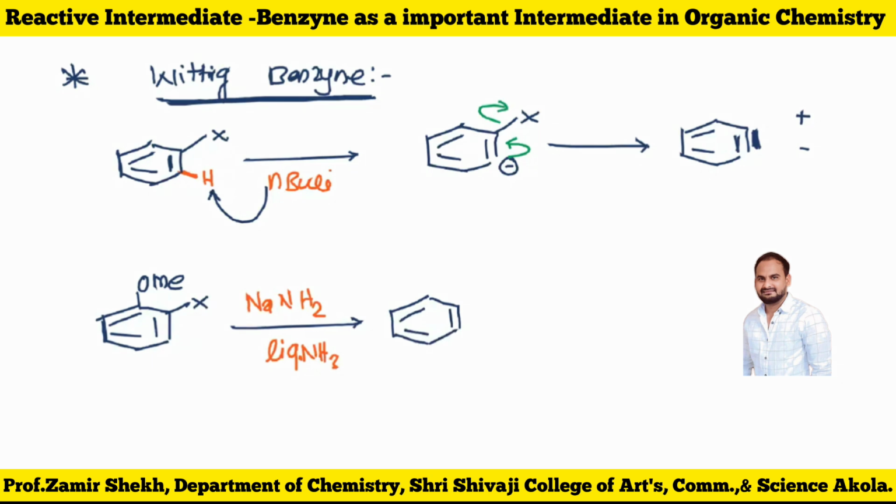Where is X now? This one. So this hydrogen is an acidic hydrogen because of the halogen. We'll take that hydrogen particularly, and the remaining groups are the same. And here I am going to generate the negative charge with the Na plus. Here, a negative charge with the lithium plus. So what happens in the next step?